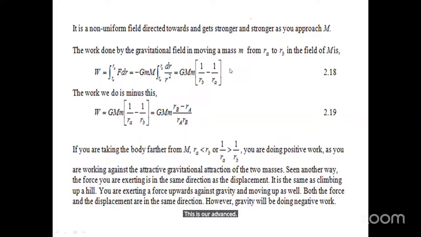So W equals GMm into 1 over RA minus 1 over RB. This is GMm. If you find the LCM,